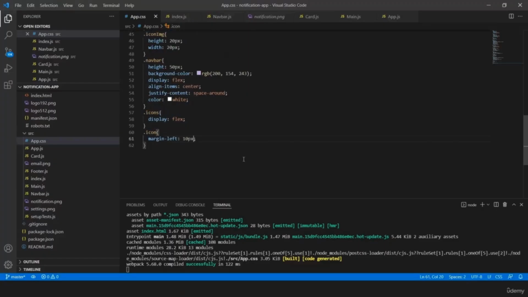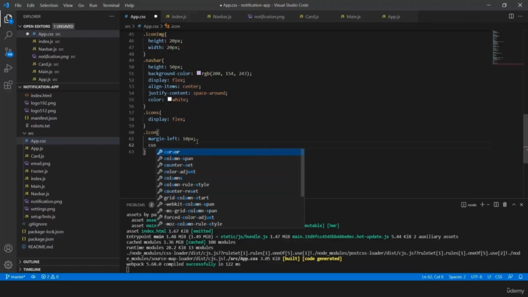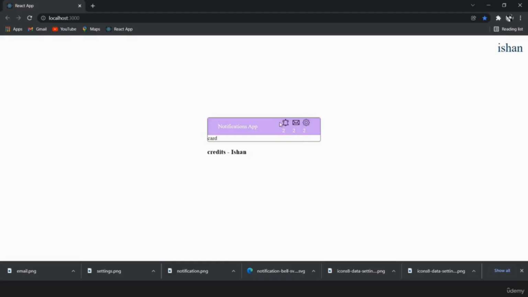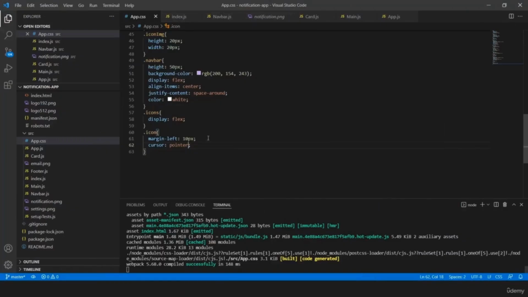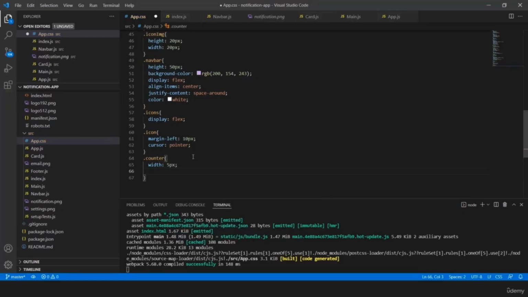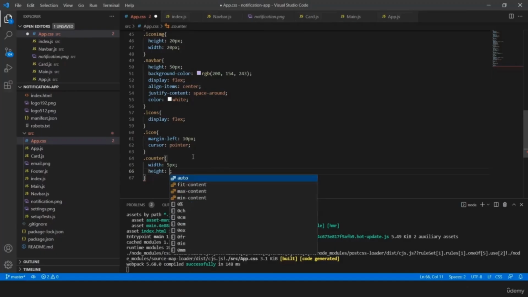Yeah, and now we will also change the cursor on the icons. Cursor can point to pointer, and now when we go, we can see it is turning automatically to pointer. And other than that, we'll also change the counter. So for that, we'll target this counter and have its width to be 5 pixels along with height of also 5 pixels,